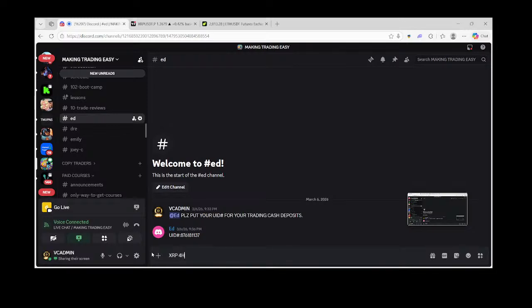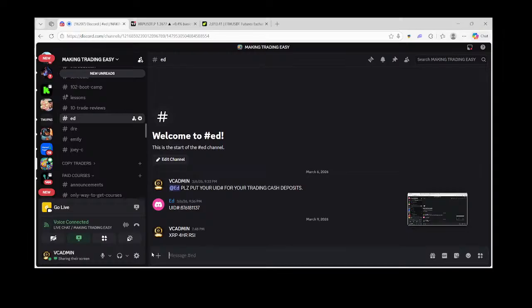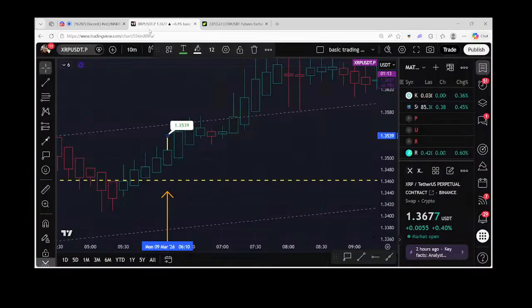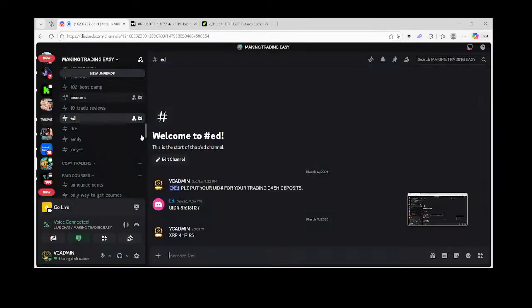XRP 4 hour RSI. Boom. And now what that tells me is that he's in that particular type of trade. Then he's tracking his entry, right? And then when he gets his entry, he's going to put 135.39, and he will just come over here, and